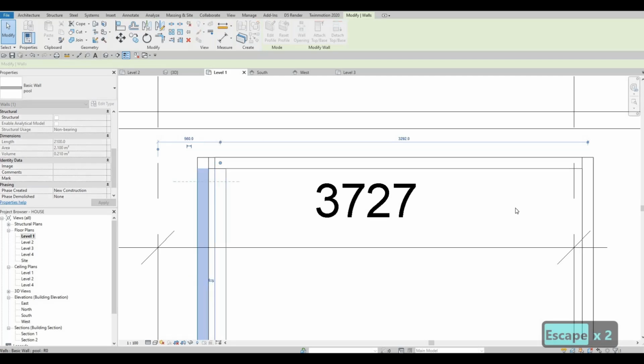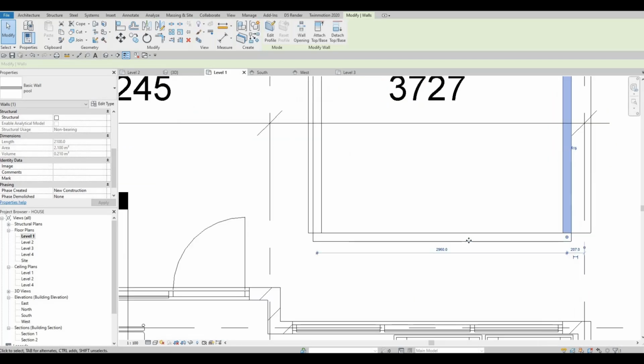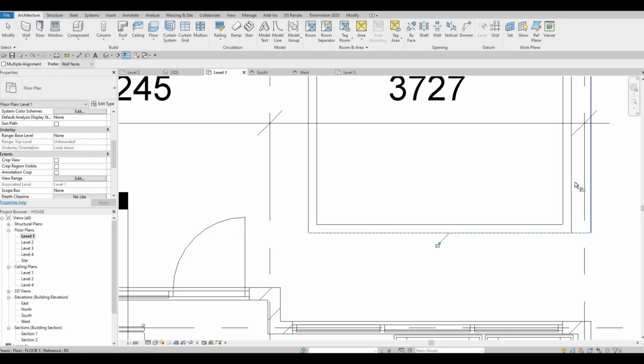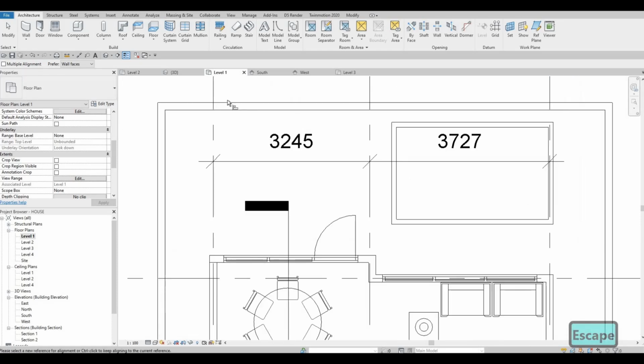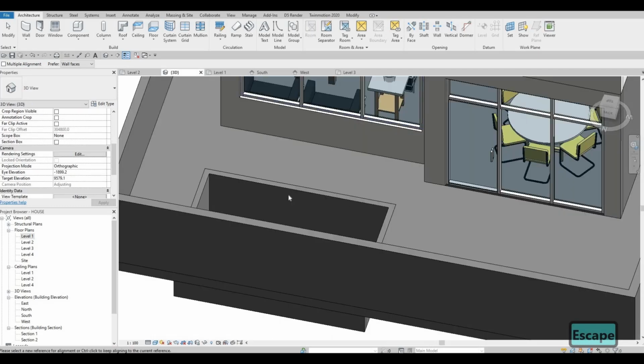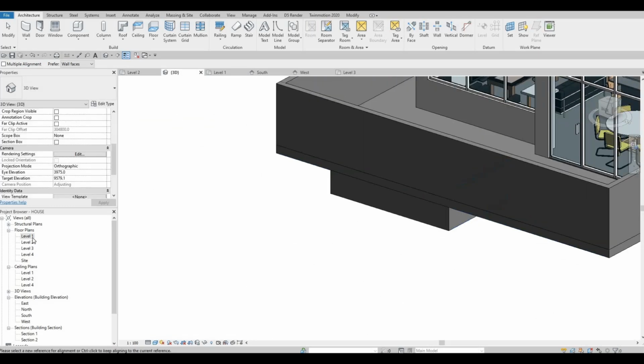Okay, so we need to just move this again. I want it from the inside. So AL. And then now we need to check the 3D. And we just need to add